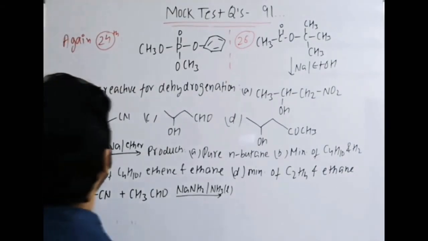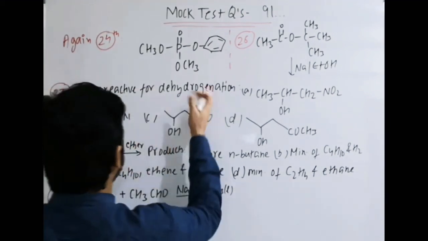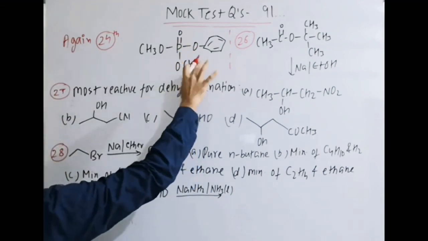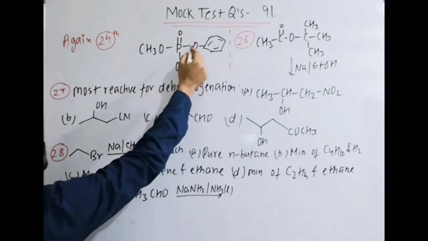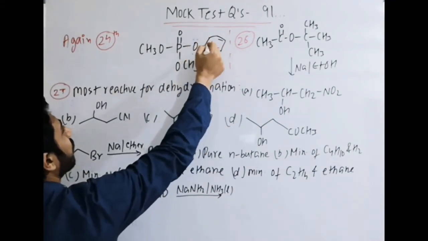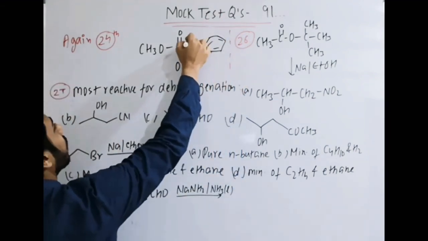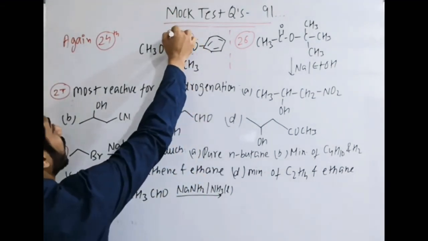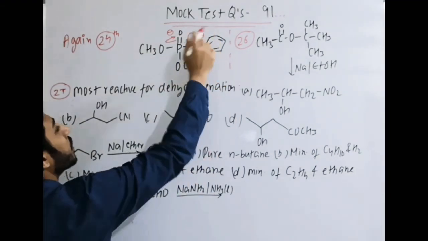Now in the next part, here again I am discussing question number 24 that I discussed in the last question, that here this structure of phosphate is given. Actually I have written both side double bond O. The structure of dimethyl phenyl phosphate is this one. Still logically, the sigma complex formed and this should be ortho para directing, but that information is given only in the explanation of NTA, that here it exists in the polar form, and if polar form it exists means plus is always there, so it is meta directing.